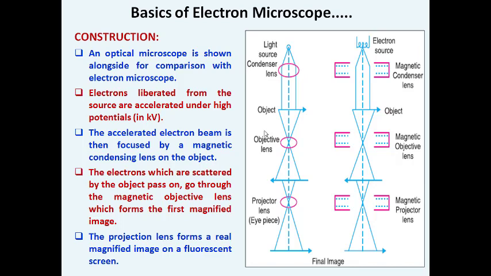Likewise, instead of an objective lens we are using a magnetic objective lens in the electron microscope, and then the second option is to improve the further magnification factor by using a projector lens. I mean a magnetic projector lens. Instead of that, in our optical microscope we are using an eyepiece for increasing the magnification factor of the image which is created by the objective lens. Okay, so it's a simple analogy between an optical microscope and the electron microscope.